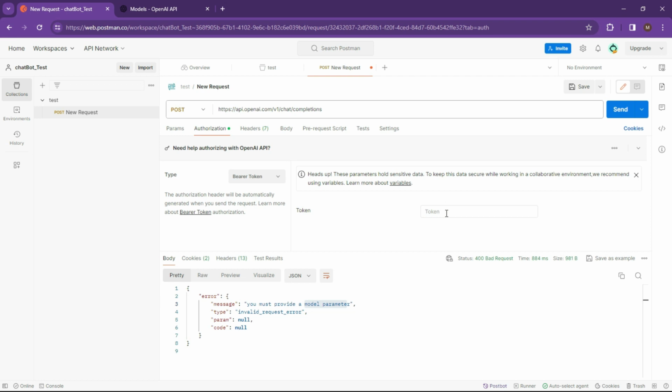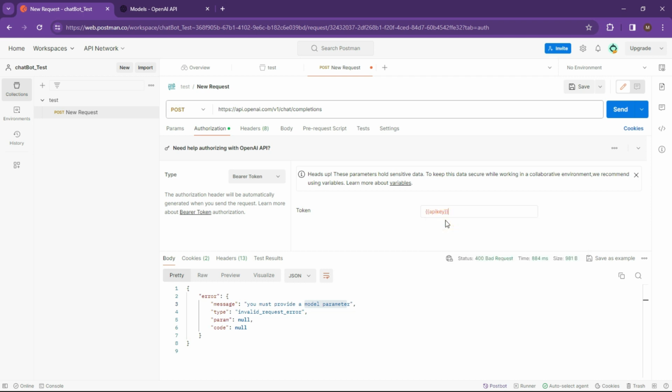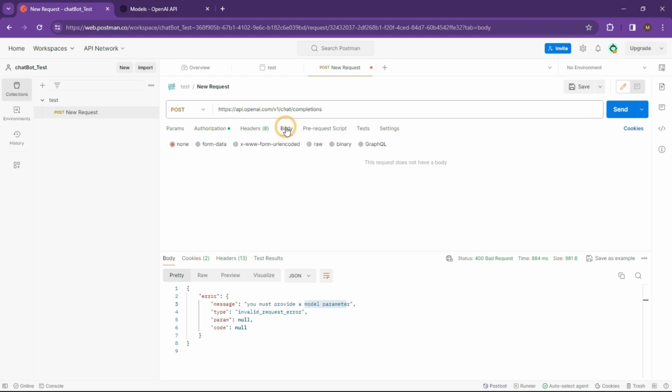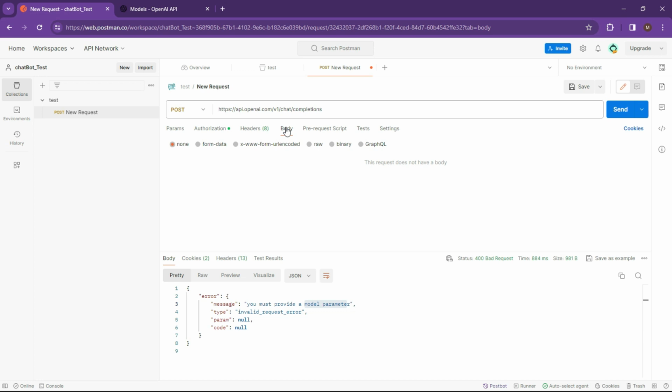So let's open up our curly brackets and choose API key. Now what we can do is go to our body and start typing in what it's looking for. So as you see there, it's showing you the format and the structure down below. So it requires a message, a type, parameter, and code. So what I'm going to do is just show you how to load that information in, and you can copy and paste this from the